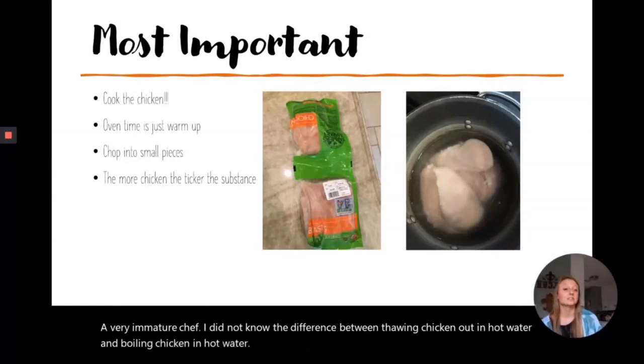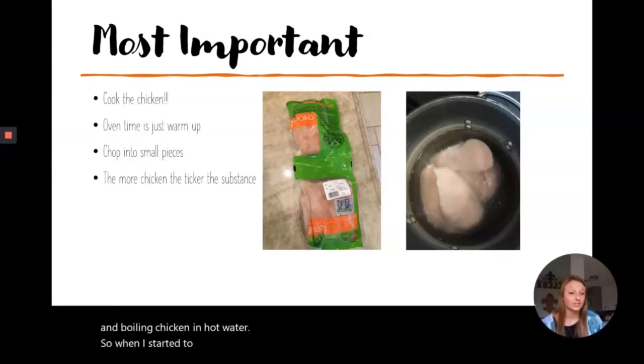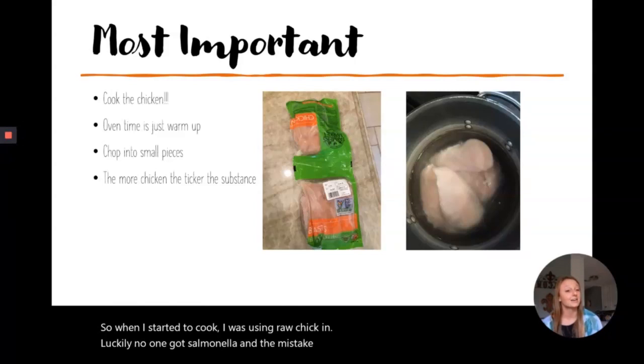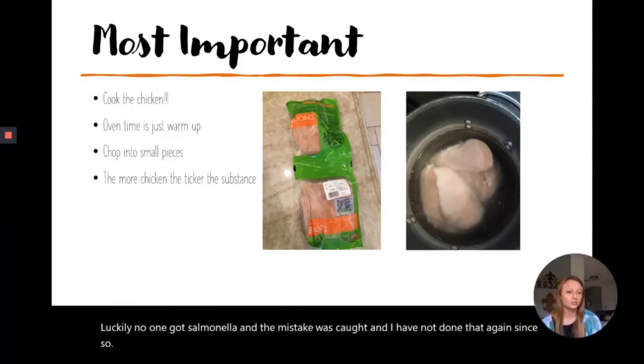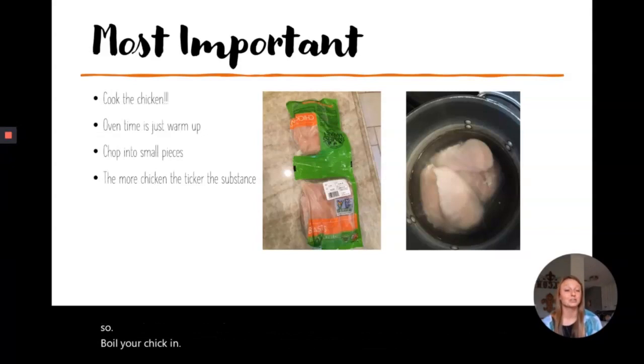So when I started to cook, I was using raw chicken. Luckily, no one got salmonella and the mistake was caught, and I have not done that again since. So boil your chicken and make sure that it's cooked all the way through.